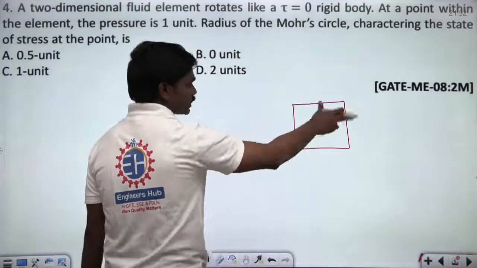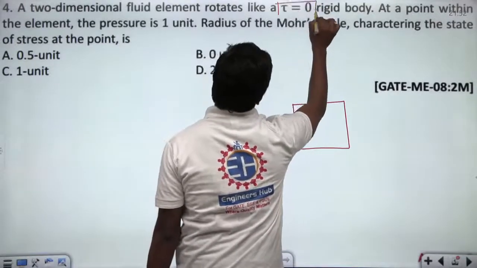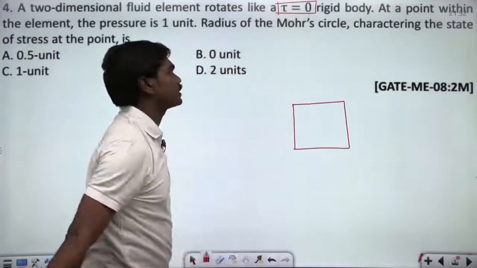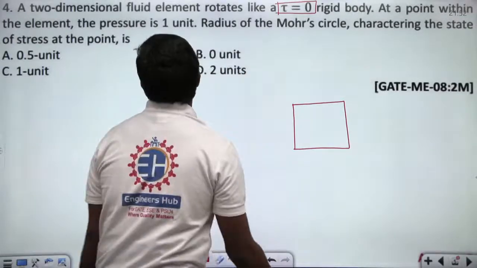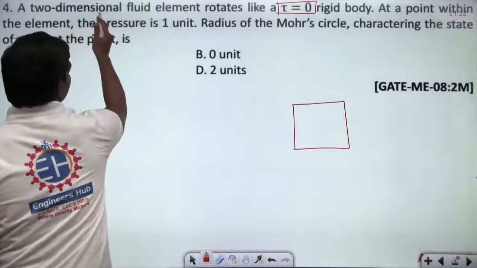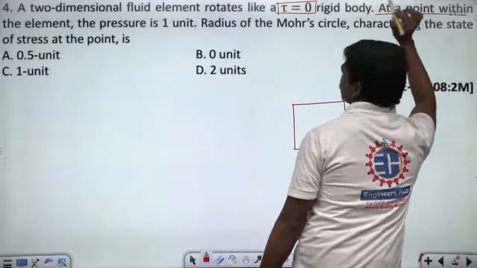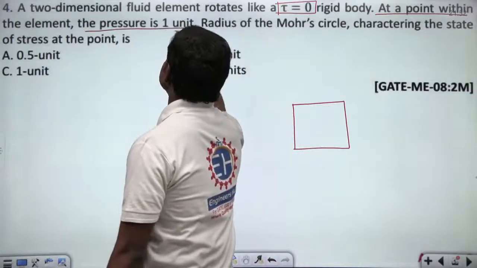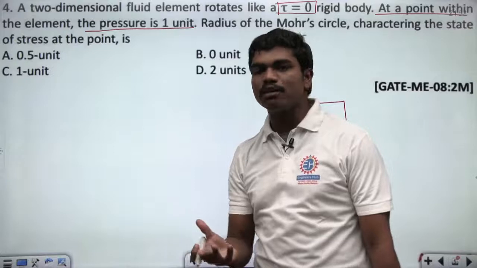And this fluid element is rotating like a rigid body, which means one thing is clearly given: shear stress is equal to 0. If shear stress is equal to 0, then can you tell me what is the radius of this Mohr circle? And of course, it's given inside a static fluid, correct? So a two-dimensional fluid element rotates at a point within the element. They are asking about a point within the element, where the pressure is 1 unit. And if the pressure is 1 unit, that means pressure is the same in all directions,